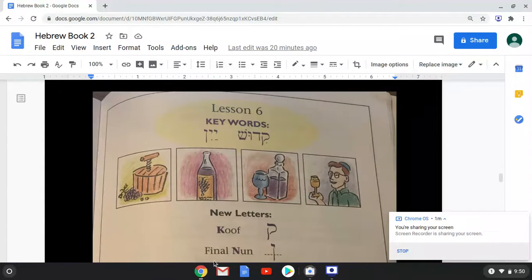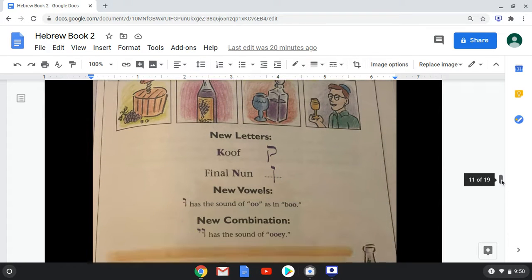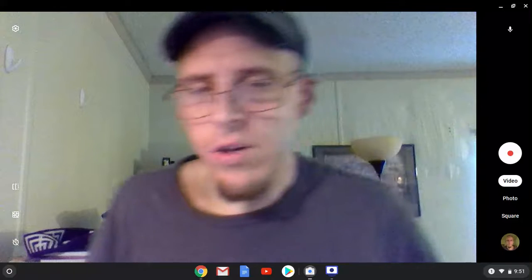Lesson 6. All right, we have some new letters. So let's go down and look at our new letters. So we have kuf, and kuf makes the K sound. Kuf. One thing I would also mention, kuf does make the K sound, but real quick, kuf is often transliterated, I've found,